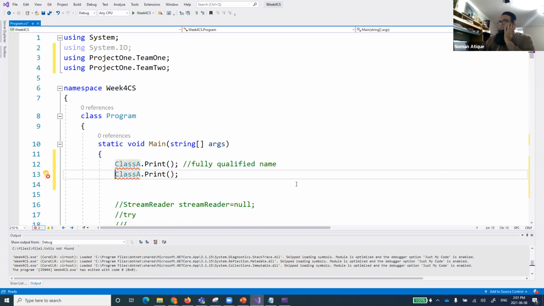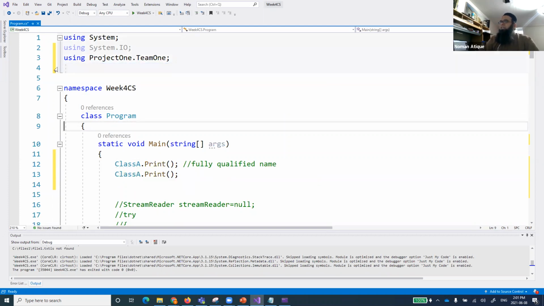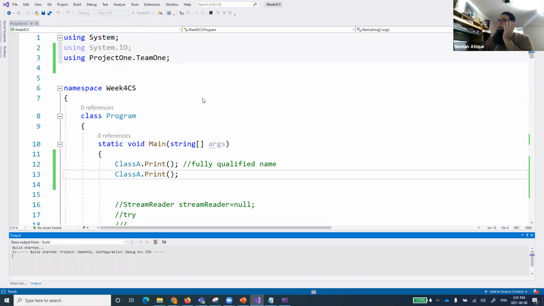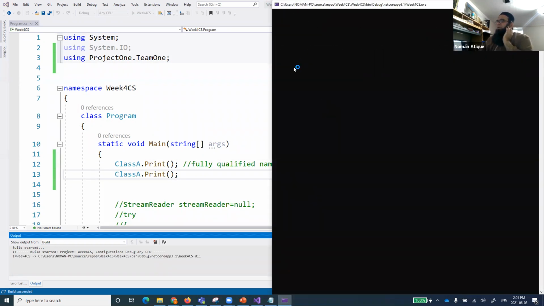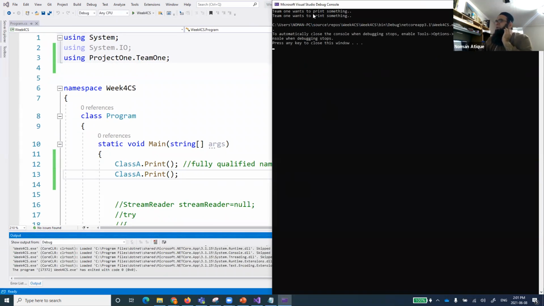Okay. So now you know that there is a problem, and I'll talk about that problem as well. If you do something like this, now you know this ambiguity has been created. Why? Because this class A is basically defined in both of them. So for the timing, I'll let you know how you can solve that one. But for now, I'm just calling this team 1, right? So if I do something like this, can anyone tell me what will be the output if I run this one? Of course, because I am just using this team 1, both methods that will print out are from team 1. And of course, this is quite logical, right?